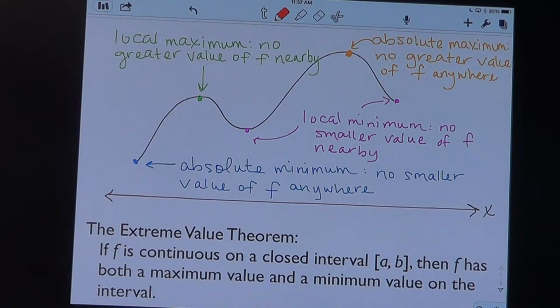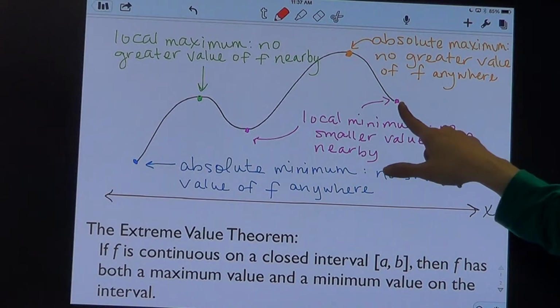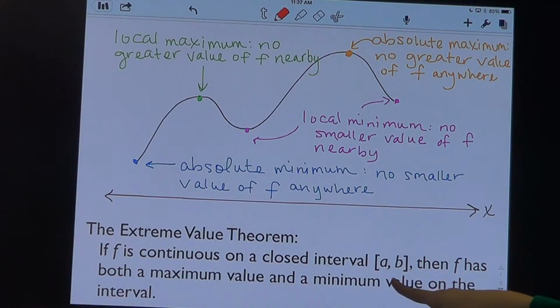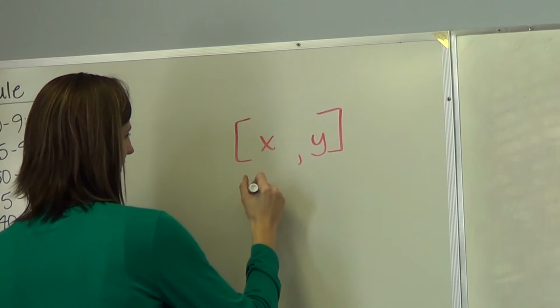And the extreme value theorem says that if a function is continuous, remember continuous just meaning we could draw a line with our pencil and not pick it up, on a closed interval, like this one, I said it is a closed interval because it has endpoints. You will be seeing the bracket notation, which we've done a little bit, but I think maybe we should review that. If it has a bracket, that means that it includes the point. So this would mean everything